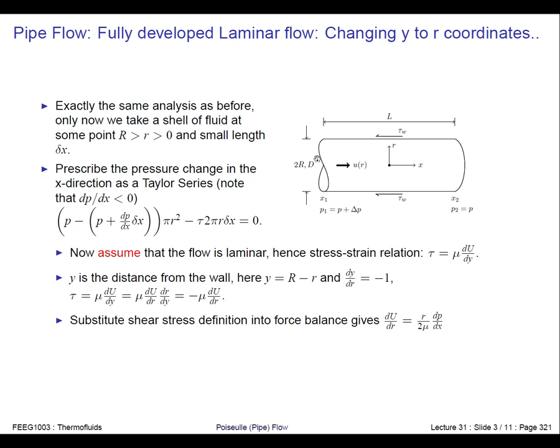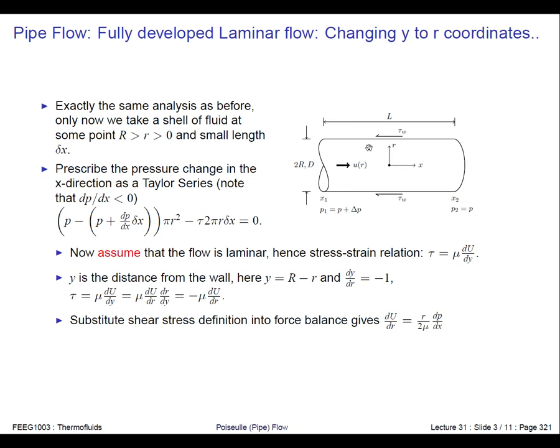So we're doing the same kind of force balance. We've got the pressure at this bit here, and that's giving us this force. And then we've got that pressure plus the pressure gradient times the length, so this is dx, this length. And remember, the pressure gradient is negative, so this term is less than this, and this gives us a positive total force. And we've got a shear stress